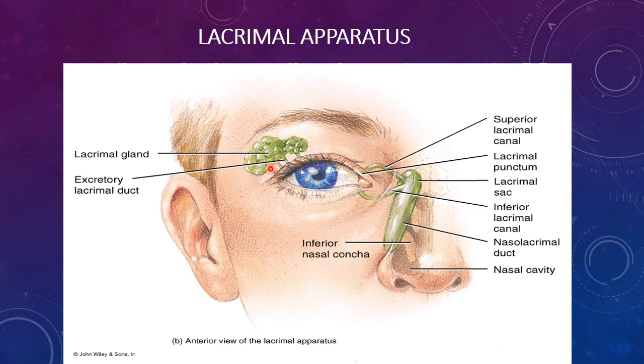These lacrimal glands have separate lobes, which are connected through excretory ducts into the superior conjunctiva. From here you can see the lacrimal canals, collecting the excessive secretions from the lacrimal glands, and then draining it into the nose through the nasolacrimal duct into the inferior meatus of the nose. In gross anatomy you will study all the structures of the lacrimal apparatus in detail, but here